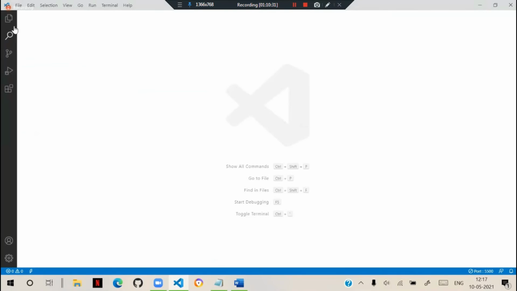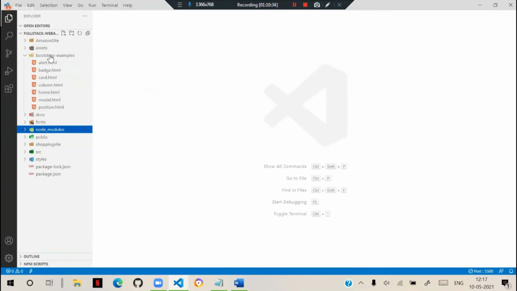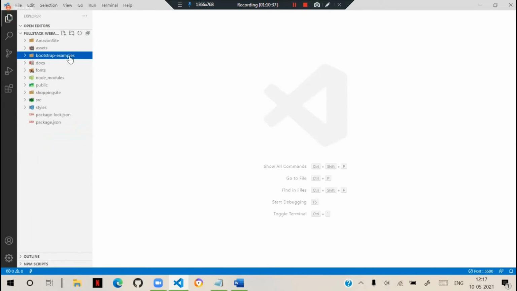Let's see. Why am I switching between old and new versions? Because you are learning the very latest version of Bootstrap and it is not used anywhere in the companies. They will be using the old version only. Then you will face a lot of problems if you don't know the difference. So many drastic changes were made, related to the functionalities also.